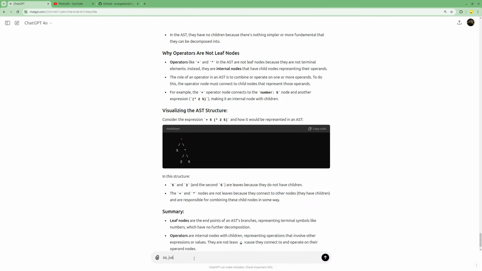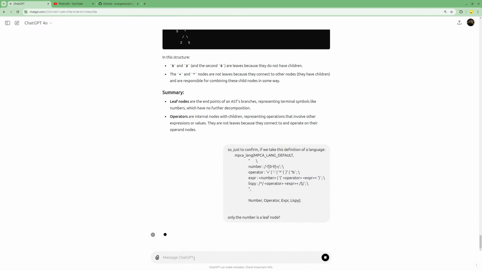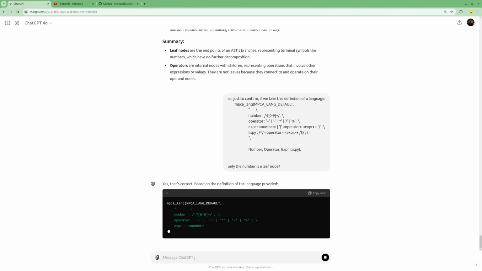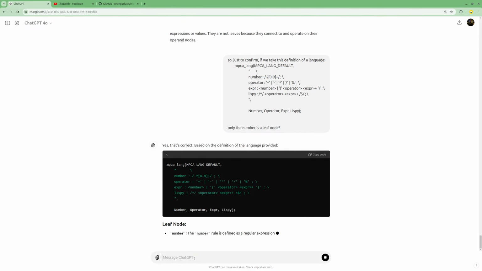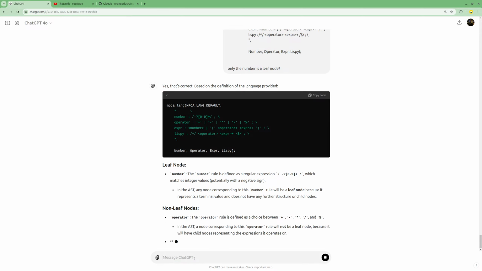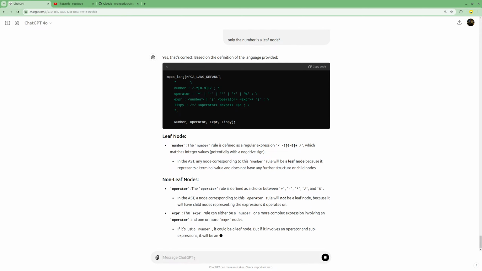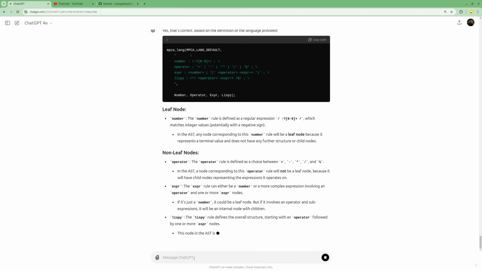So just to confirm, if we take this definition of a language, only the number is a leaf node. The operator rule is defined as a choice between these four symbols. A node corresponding to this operator will not be a leaf node because